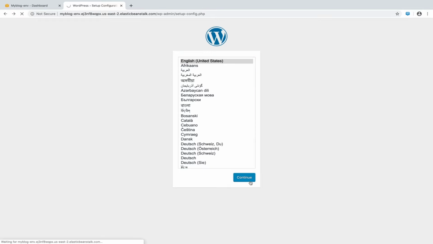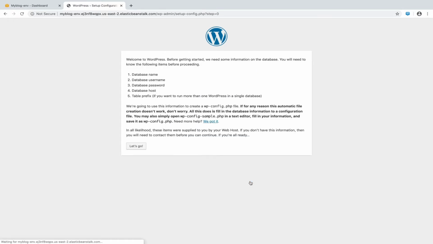Let's hit continue on this screen. So we get a prompt which says that before continuing, we need database configuration details. It also says that we can either enter those details in the next screen or enter them directly in wp-config.php in our WordPress home directory. We will enter the details in the configuration file locally and commit them to AWS CodeCommit using Git. This way, we will also see how our pipeline triggers when we commit any piece of code through AWS CodeCommit. Let's see what happens if I go on the next screen.